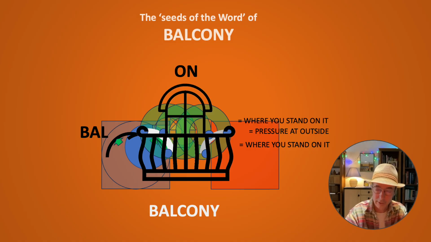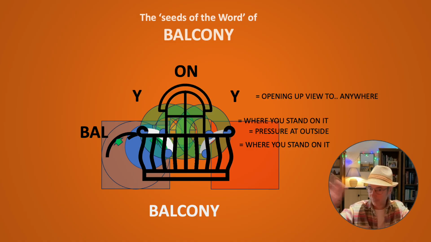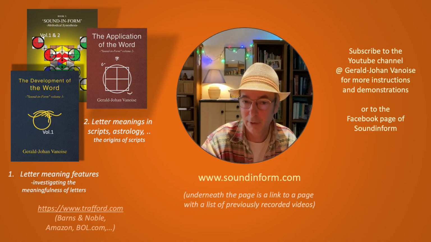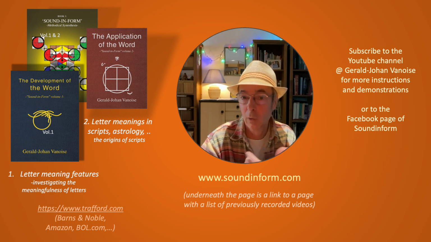That's the balkon. And the E gives it actually kind of a sense like, okay, this is opening up like a view to anywhere. That E is not absolutely necessary. You also have it in some other language where you just say balkon. Or the balcony is really spreading itself to vision, to things that you don't know, don't see immediately, and you direct yourself, your vision and your focus outside from this balcony. That's actually perfectly described what the balcony is, how it looks like, where you can be, where you can watch the world